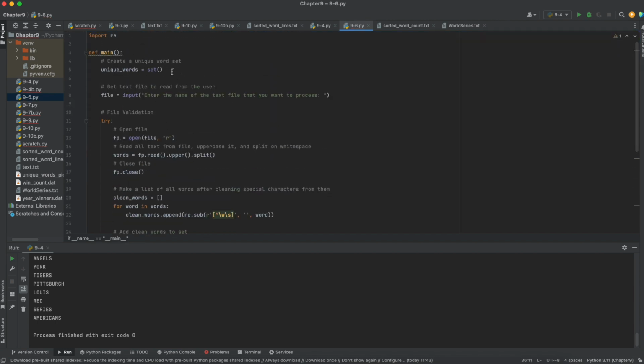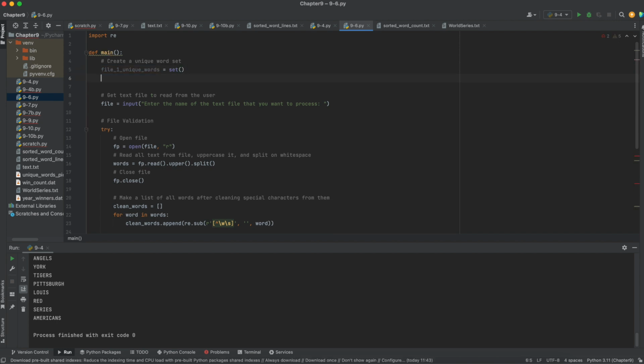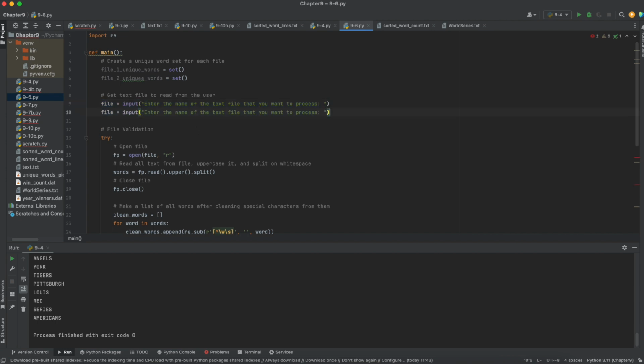Now, we're going to be working with two sets at the same time. So we're going to have to do file 1 unique words and file 2 unique words. Okay, so we have the words for file 1 and the words for file 2. We create a unique word set for each file. Then we're going to take this and double this up as well. So we're going to have file 1 and file 2,